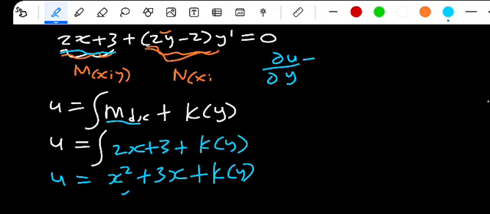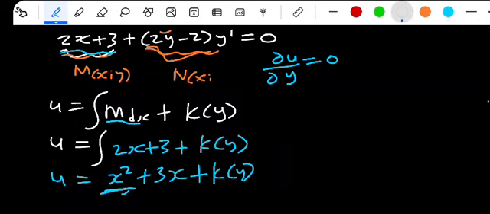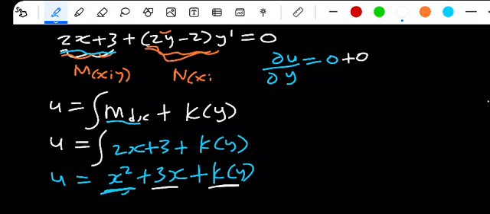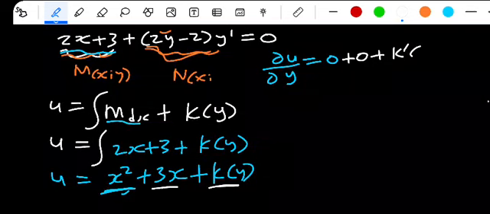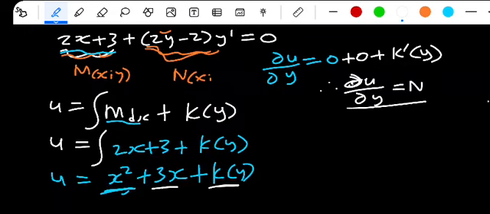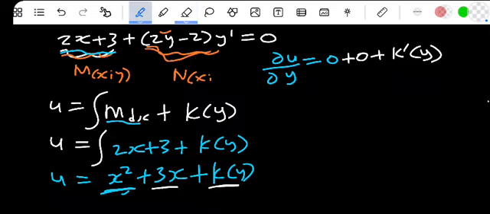This will be 0 for the x squared term, also plus 0 for the 3x term, plus k prime of y. But we said the partial derivative of u with respect to y is equal to N. We have established that, so since that is equal to N, we can boldly say that